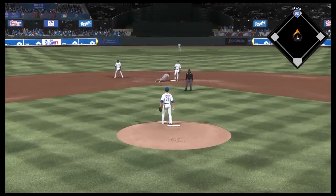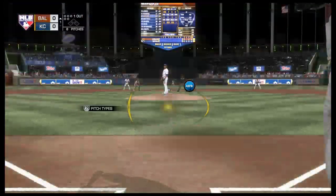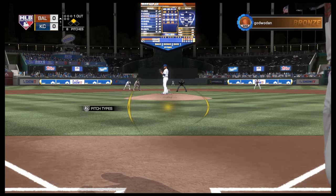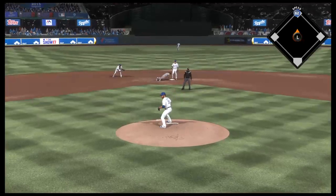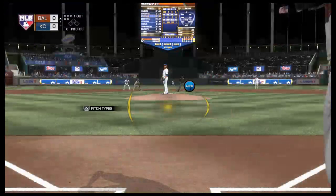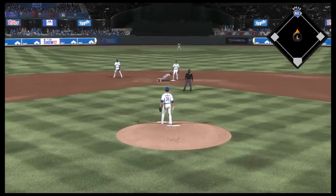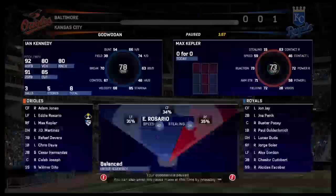Now a bluff back to second as he'll just hold on to it. And now he'll step off and raise his hand towards second, but he'll just hold on to it. And now he'll bluff a move back to second base just to make sure the